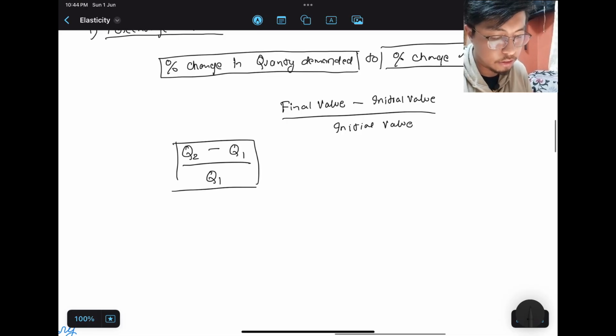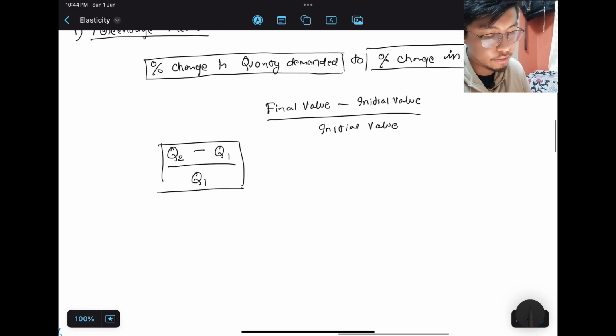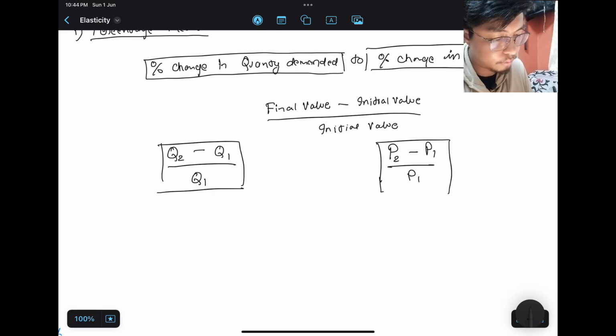This is the percentage change. Here, percentage change in price is P2 minus P1 upon P1. Again, P2 is